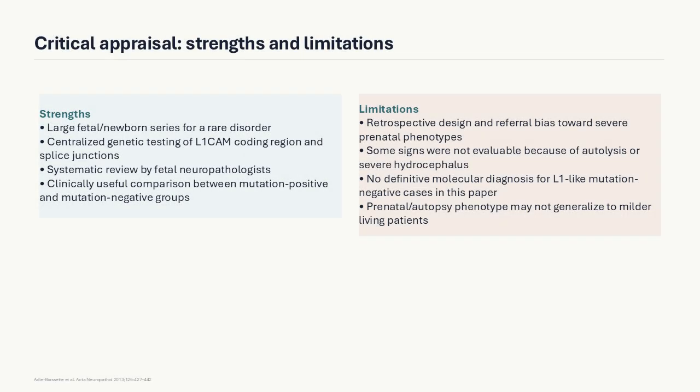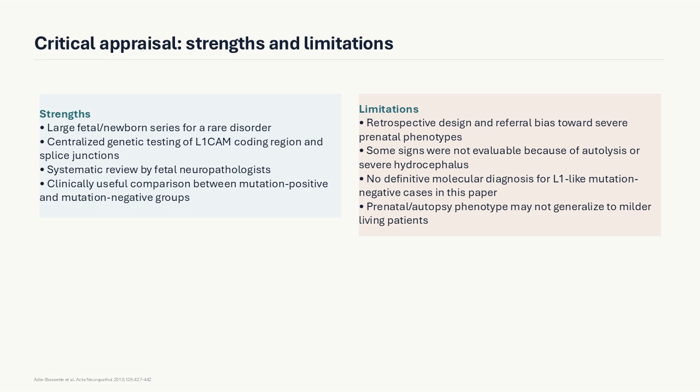As a journal club paper, the strengths are clear. This is a large fetal and newborn series for a rare disorder, with centralized L1CAM testing and systematic neuropathological review. It also directly compares mutation-positive and mutation-negative cases. The limitations are also important. The design is retrospective. The referral pathway enriches for severe prenatal phenotypes. Some signs were not evaluable because of autolysis or severe hydrocephalus, and the L1-like group did not yet have definitive